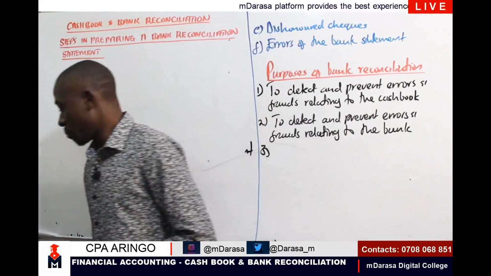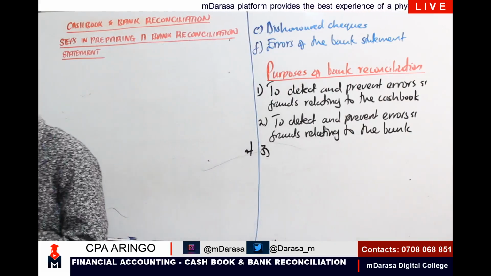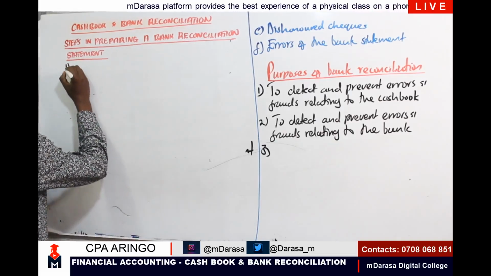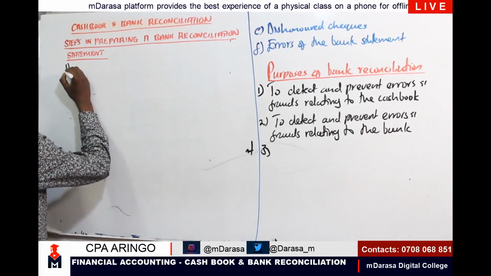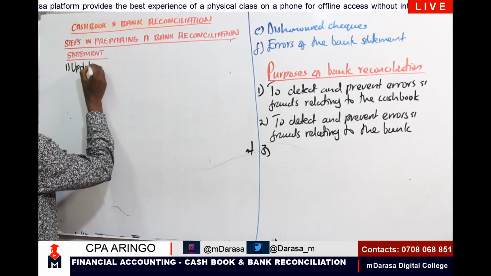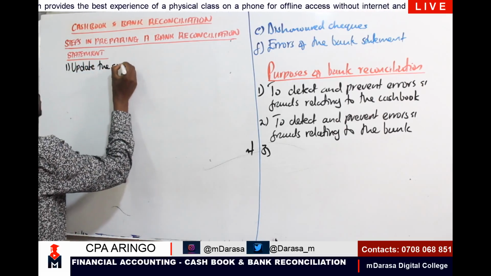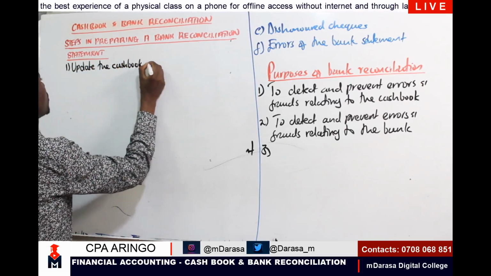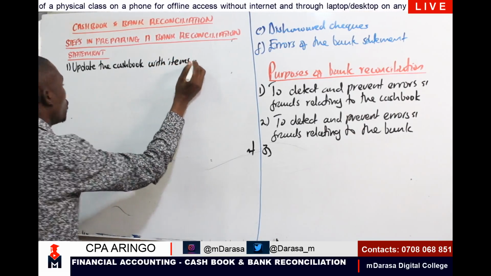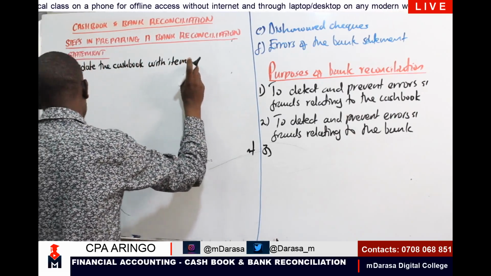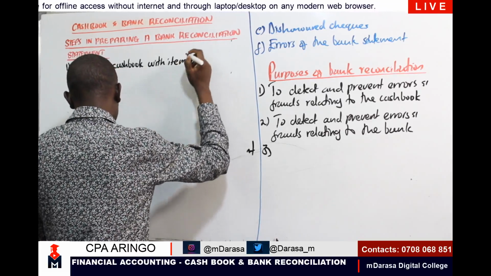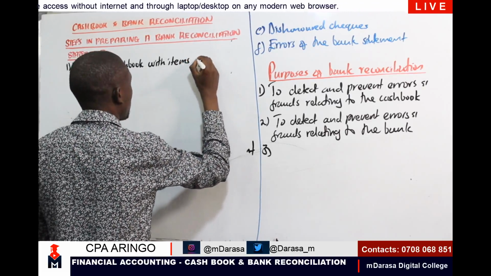Looking at the first step, step number one, what must we always do? Step number one, we should update the cash book with the items appearing. This one I must write, even if you feel mwalimu should dictate. I know the reason why I'm writing. So you're saying to update the cash book with the items appearing